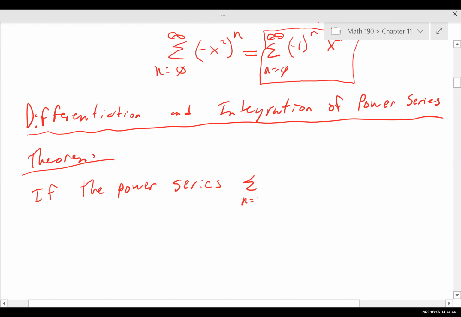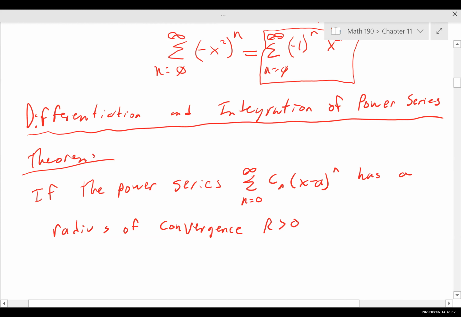The sum from n equals 0 to infinity of c sub n times x minus a to the nth power, has a radius of convergence R greater than 0, then